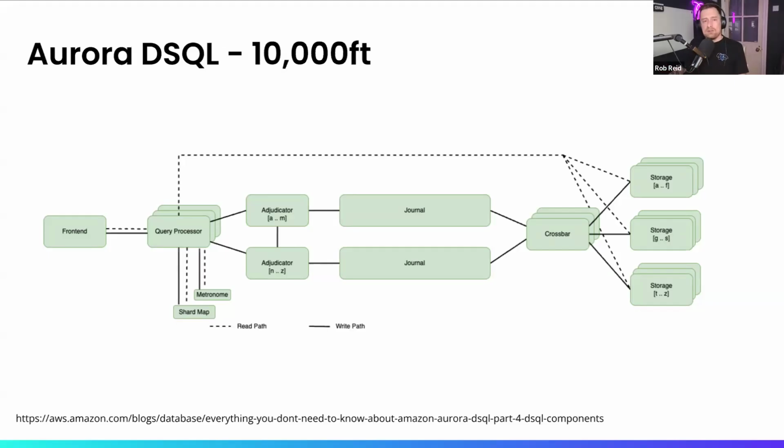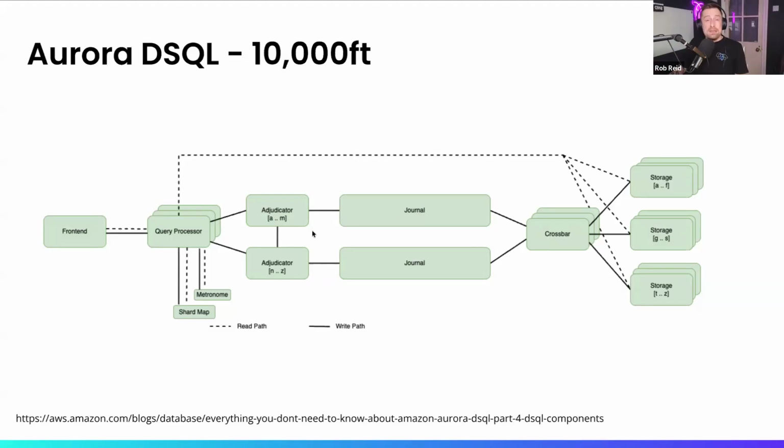Next, the journal, which we mentioned earlier, stores post images, as AWS refers to them. Essentially, that is the result of a committed transaction as opposed to the deltas between transactions, which makes for an easier to reason about backup system because you're storing committed changes to the database. Journals are concerned with the immediate storage of changes and durability, and they are used by multiple AWS products, not just DSQL.